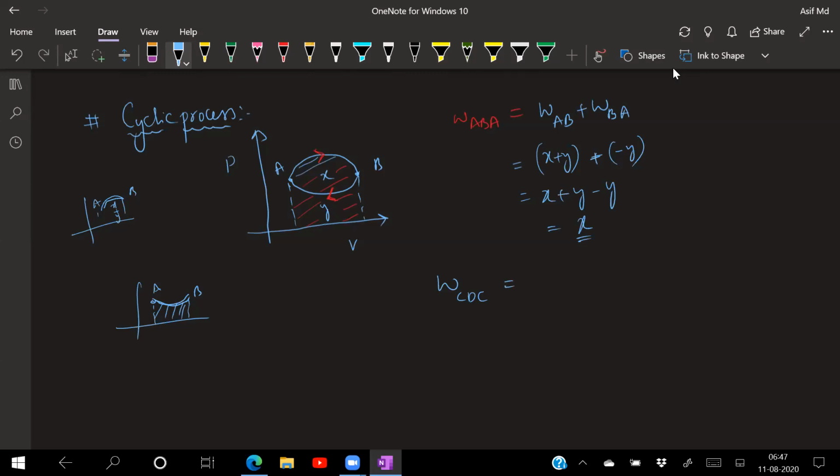I'm making your concept clear better. That is very important in this one. Then we can do with the numericals. I hope you got this one right now. I'll take one more example. Say, for example, this one is your pressure and this one is of your volume. I'm going like this, in this way, in this way and in this way. This one is say for example C, this one is nothing but D, and this one is say for example X and this one down is nothing but say for example Y.